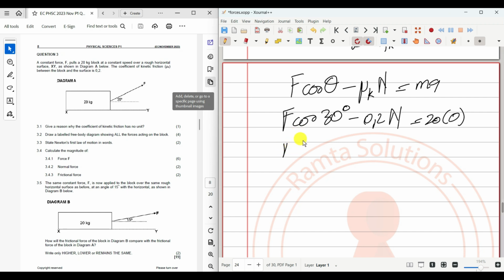I'm not going to simplify this as yet, so I'm just going to say F cos 30 degrees minus 0.2 n, not newtons, n for normal force, is 0. So F is equal to 0.2 over cos 30. You can write it as 2 root 3 over 15, it's okay, but you can also write it as